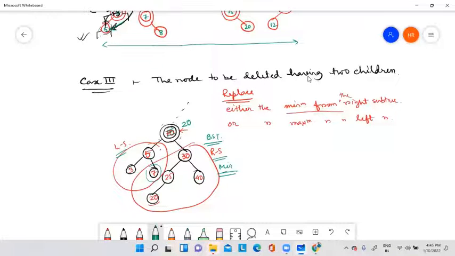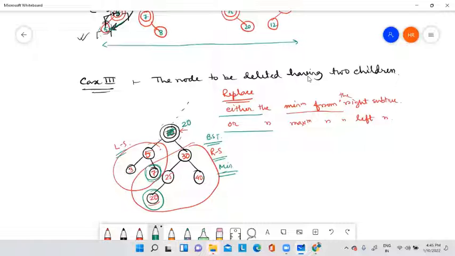Now see, after replacing this 10 either using this or using this, what do we have to do? We have to delete this particular node or this particular node. We have to delete this node using case 1 or case 2.